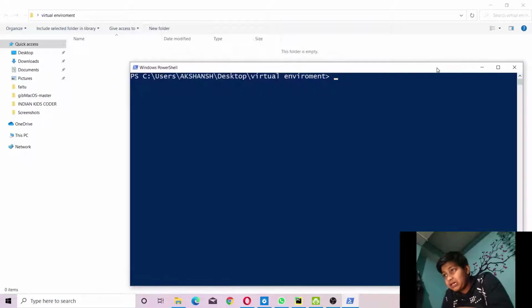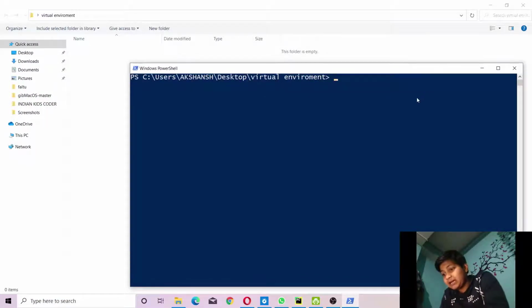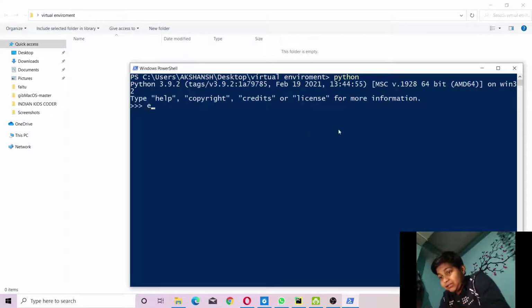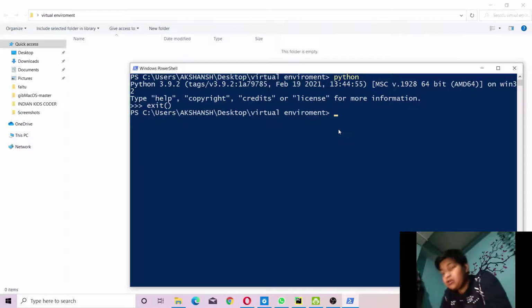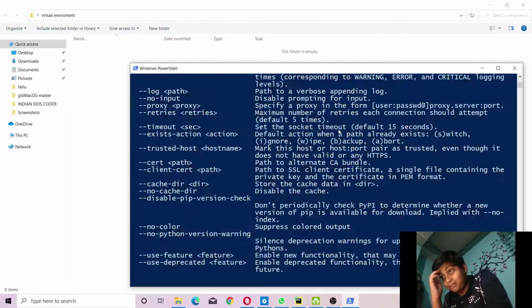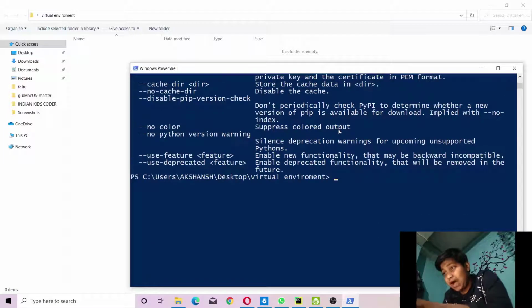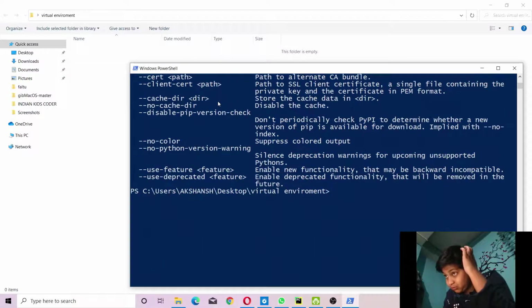Now, first of all, if I run Python here, Python is already installed in my system, so Python will run, but I am going to exit it. Now I have to run pip to install any package. My pip runs successfully.